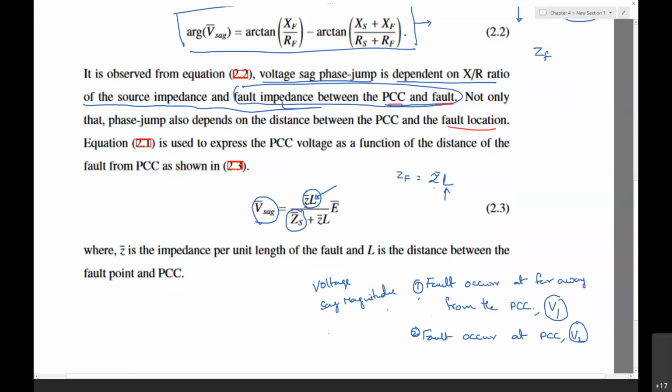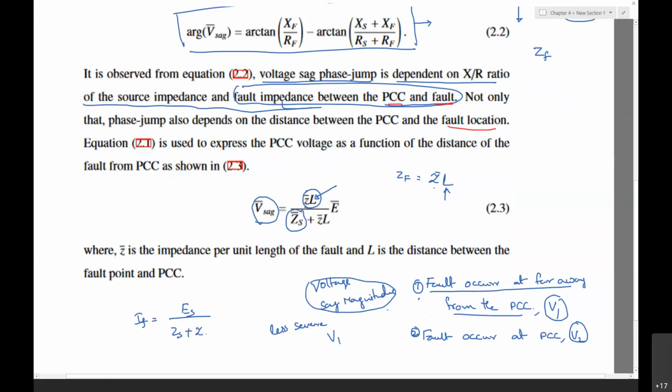I say is the V1, when the fault occurred at very far away from the PCC, it has a less severe voltage sag magnitude than the fault occurring at the PCC. This is because, when you look into this equation, IF is equal to the PCC voltage divided by ZS plus